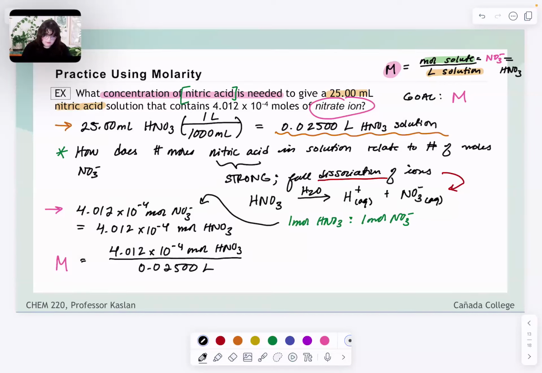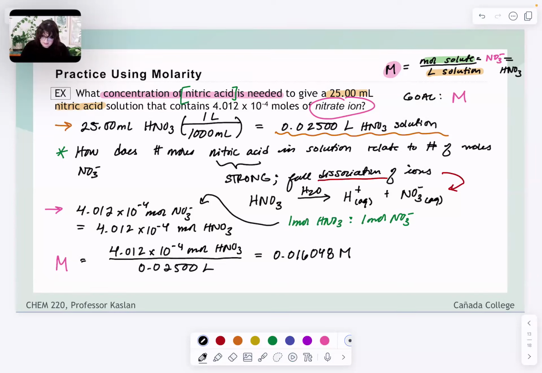So let's do that math. So thinking about this instead of scientific notation, that's 0.0004012 moles divided by 0.02500 liters. Unrounded, I get